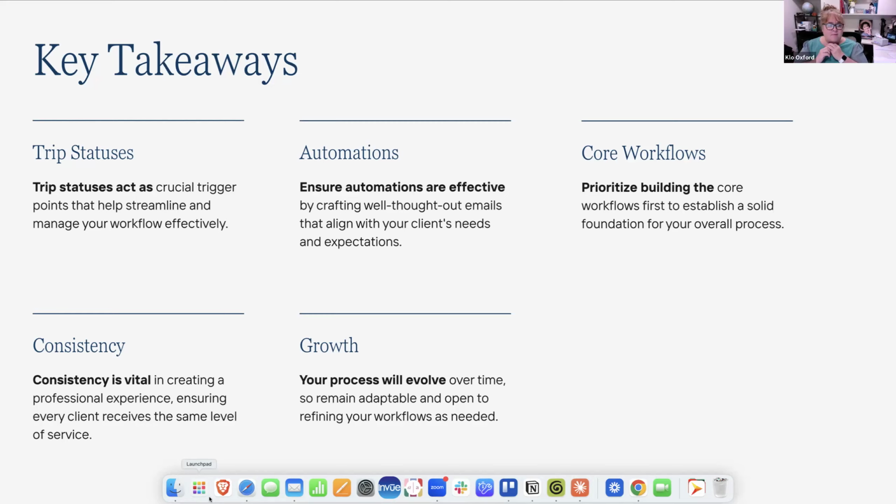Okay. You're going to build those core workflows. We kind of have done most of that. We really talked about in the beginning how to get those first emails to go out to your clients. The booking workflows, as far as the payment workflows, those are pretty core pieces that you need to make sure are in place so you can take care of your clients the best you can. But the biggest thing is to start creating consistency. It's the way, like I talked about yesterday,